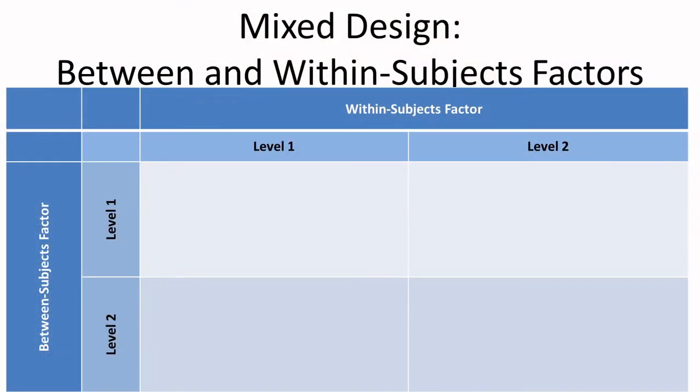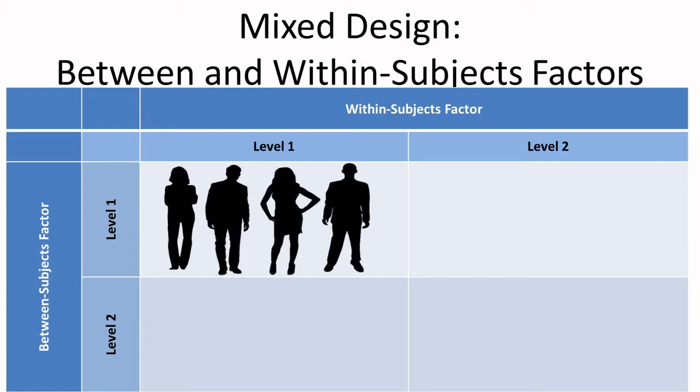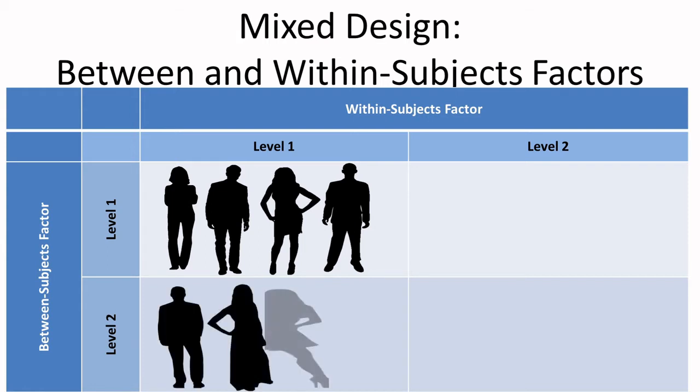So here is a table I put together for a very basic kind of mixed design, where you have one between and one within subjects factor. So you see our within subjects factors on the x-axis and the between subjects factors on the y-axis. So here's just the way to think about it. So we have a group of people, and we want to compare them to a different group of people.